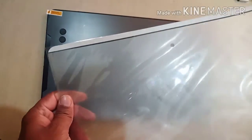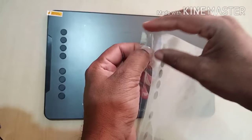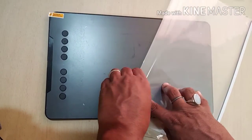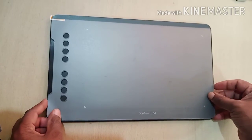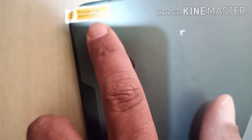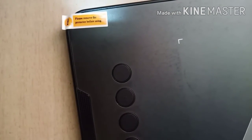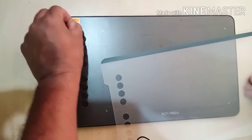For the support and to make it scratch free, this supporter is to be used over it. We can put it on here like this. Here it is written: please remove the protector before using. So this is the protector sheet, and now after removing this,